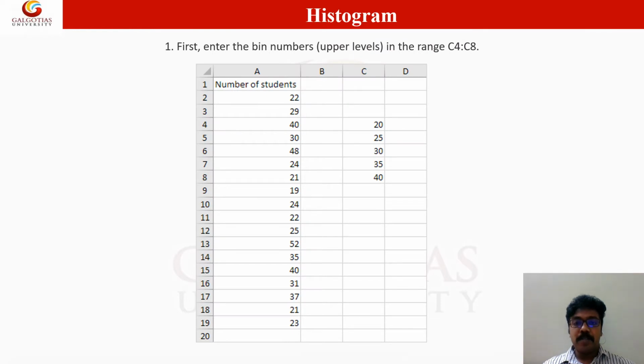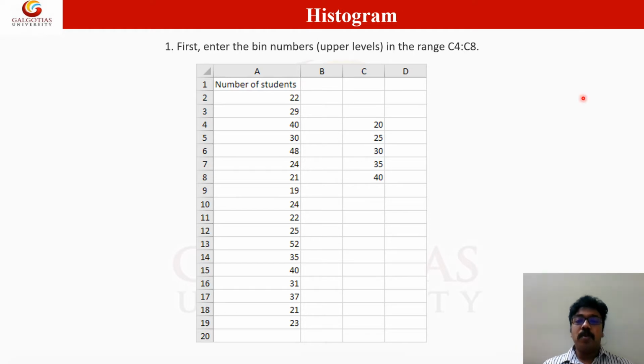Now to make it clear, we will start with an example. As we have studied the basics of Excel, first we have to open an Excel sheet, and now this is the snapshot of a particular workout for histogram. Here four columns are given. In column A, the number of students is mentioned, and in column C, you can see four values. These are normally called bins. This bin is like a bucket, representing the intervals in which these particular values occur.